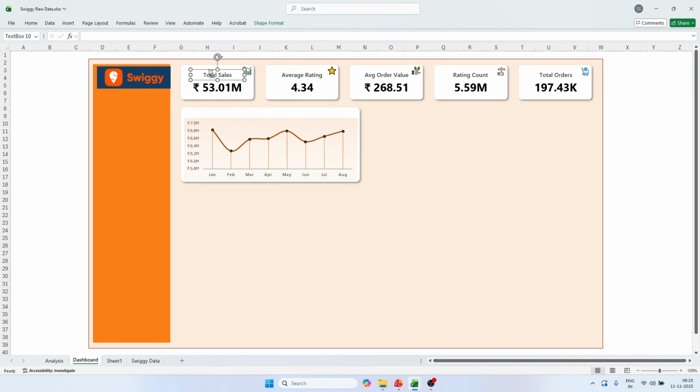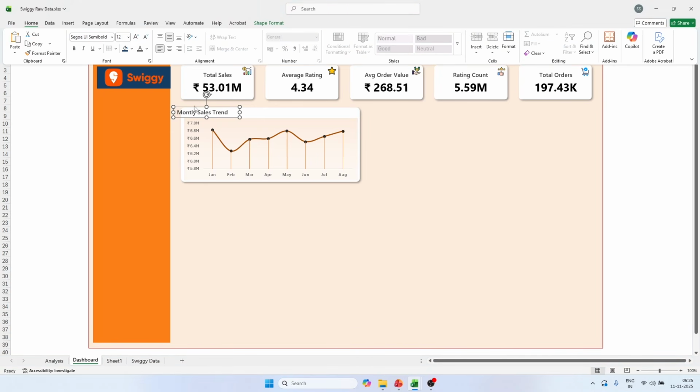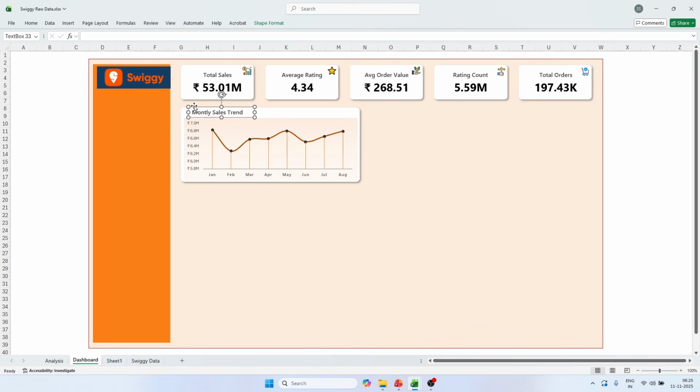So first what I'll do, I'll just give the name of the title, I'll just Control C and Control V over here, and you can see the title name, we will name it as monthly trend, or you can give whatever is there here, monthly sales trend. Okay, I will give it as monthly sales trend. Okay, increase it, and from here in home I'll just use it as left alignment, and now I will bring it over here. Perfect. Okay, so this is our monthly sales trend analysis, and if you look at this particular trend, you can see